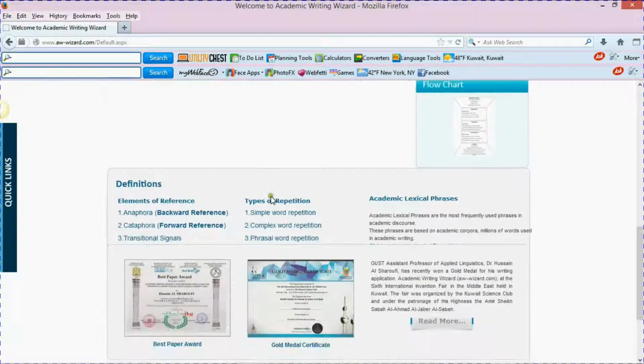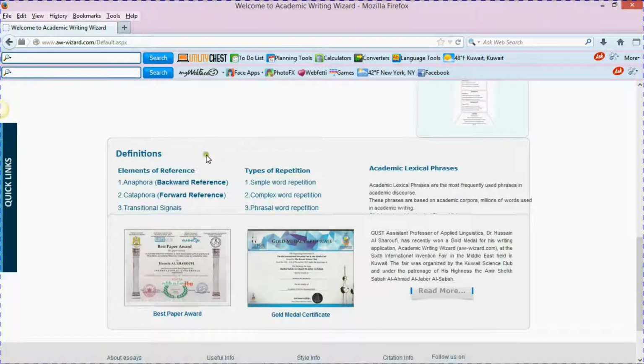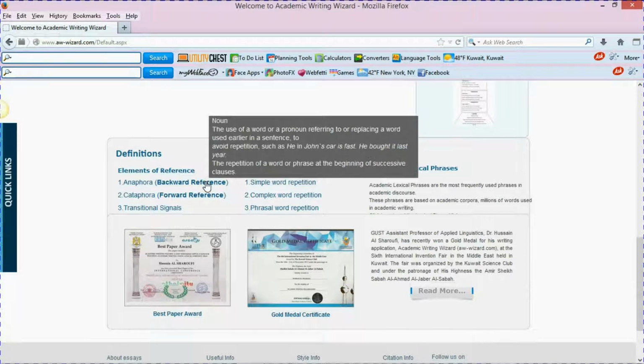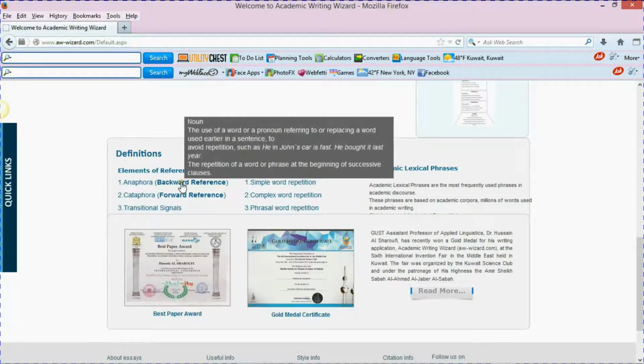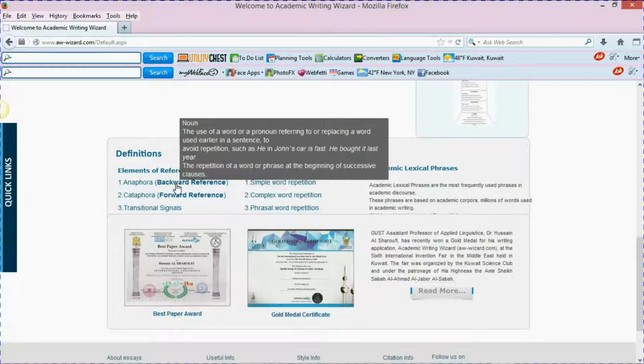If you just put your cursor here, you will see the definition of the word anaphora, and by anaphora I mean backward reference, the use of a word or a pronoun referring to or replacing a word used earlier in a sentence to avoid repetition, such as he in John's car is fast, he bought it last year. The repetition of a word or a phrase at the beginning of successive clauses. So if one notices the pronoun he refers back to John in John's car is